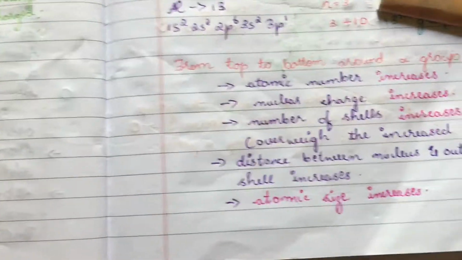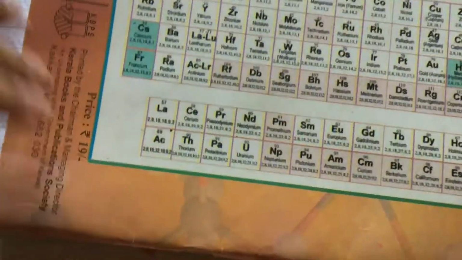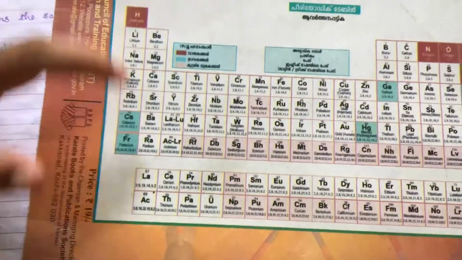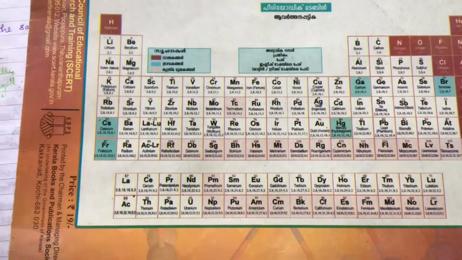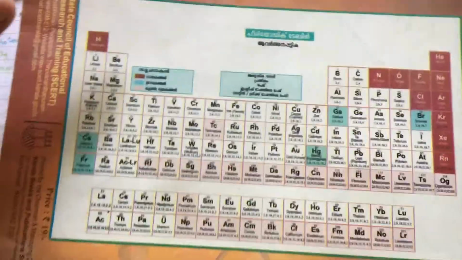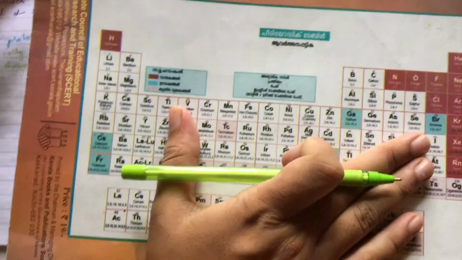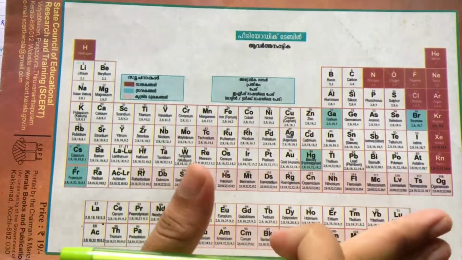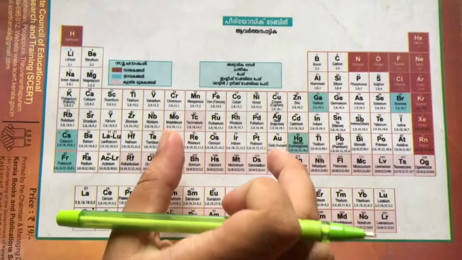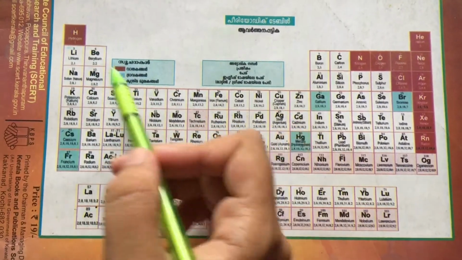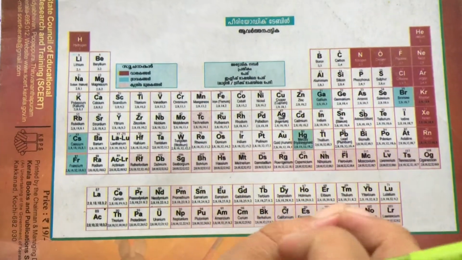So we can directly say that atomic size increases from top to bottom down the group. That is, on moving down the group, atomic size increases, and on moving from left to right, atomic size decreases. This is what is happening. So I hope by now you are very much clear and thorough with the topic. That is the trend in the modern periodic table. Atomic size decreases across a period and increases down the group, which is a very important and very easy topic.